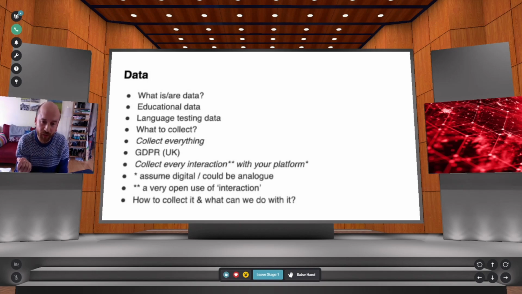So we're not just thinking about the actual linguistic input or exchange between the candidate and the examiner, or the AI examiner, but we're also thinking about the kind of data that goes with the different skills we're looking at. For example, if it's writing, you might collect keystrokes, as in the productive typing a candidate does, as well as the deletions. So the editing process of the writing process.